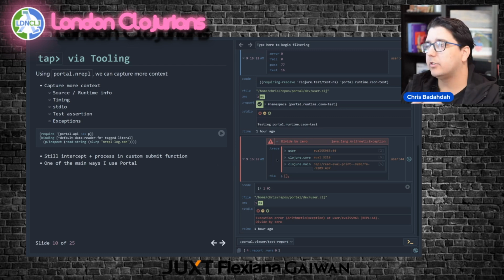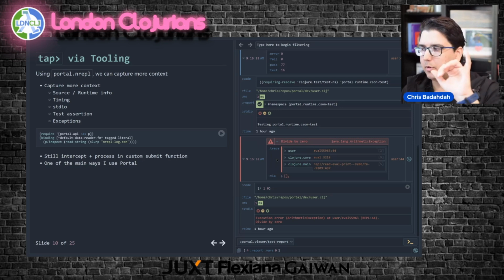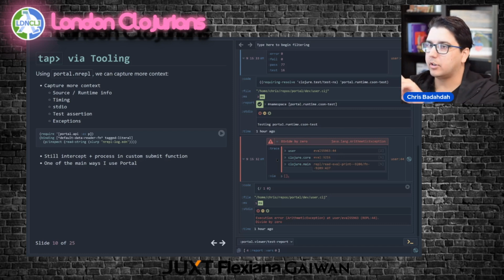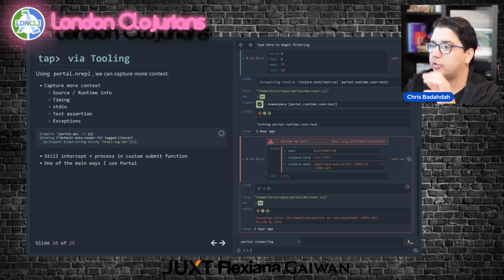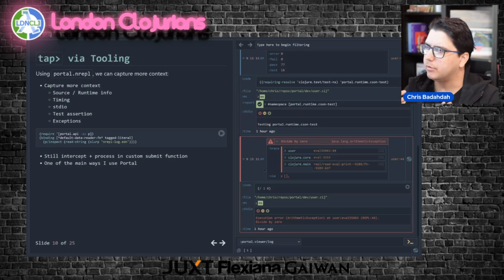And because this nREPL middleware uses tap underneath, you can still leverage all the stuff you did before with custom submit functions, right? Because nREPL will produce a value, and that value will get sent to your custom submit function. That submit function can do things like, maybe you don't like this data structure, maybe there's too much information here. You can pick away the pieces and submit parts of them. You can do whatever you want, right? Maybe you persist them to a file by default, so you have a persistent log for future things. I think everyone works a little differently and has different priorities, so being flexible in that way is a good thing.